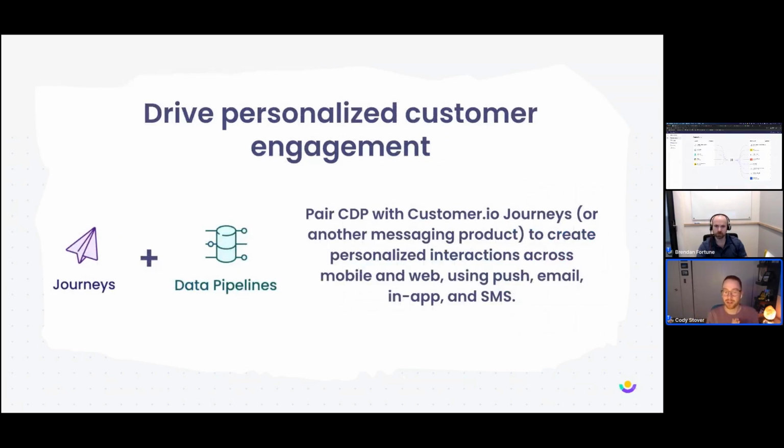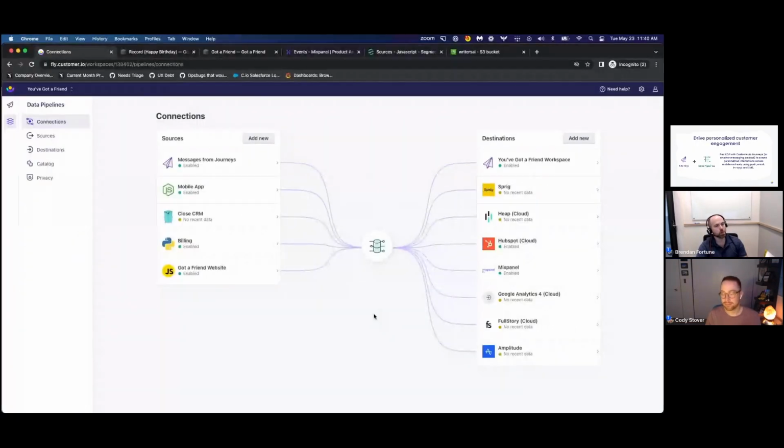So many of you have probably known Journeys. It's our omnichannel messaging platform, which allows you to build these wonderful automations that go out on channels like email, SMS, push, in-app messages, triggering all kinds of other automations and other tools using webhooks. So the question here, Brendan, is what does CDP add to this equation, and what is the benefit of using CDP and Journeys in tandem when you're looking to build out this personalized experience for your customers? Yeah, so one of the biggest benefits is the identity resolution and this 360-degree view of the customer